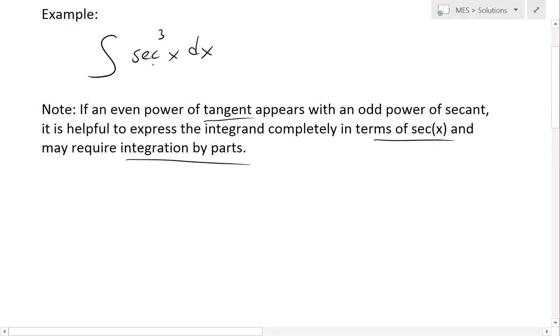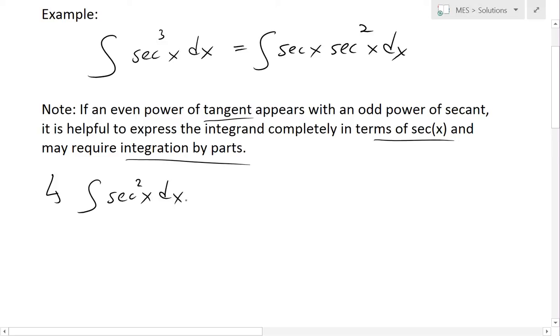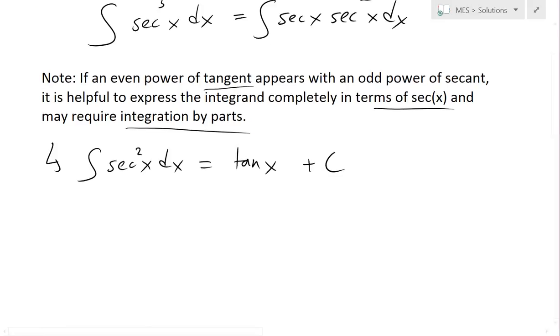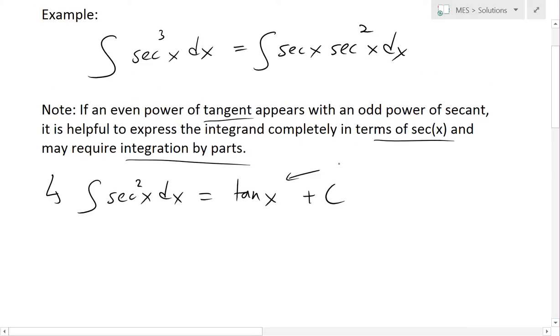And when we look at this function right here, we could write this as basically secant of x, secant squared of x dx. And the reason we do this is because whenever you have a secant squared, you can convert this to a tan squared of x, or you could also use the integral of this. We know the integral of secant squared of x dx equals tan of x plus c. So since we know this, and this becomes simpler,